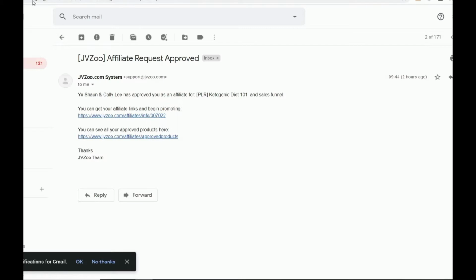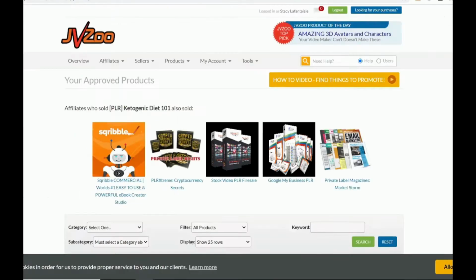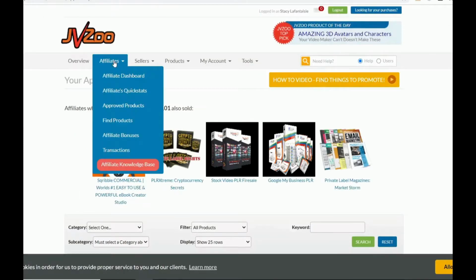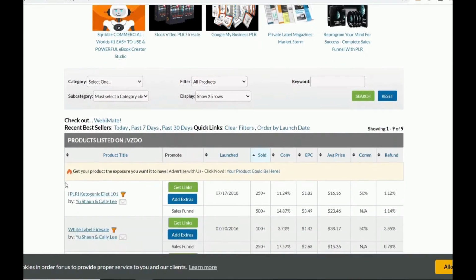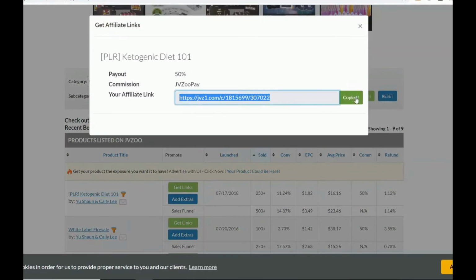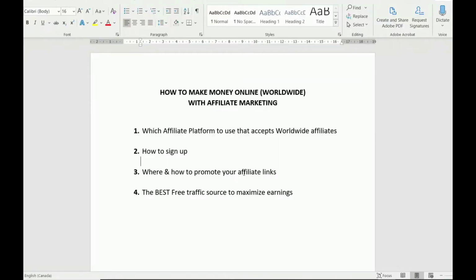You've got your affiliate link here. It says here, you can get your affiliate link here. So once you get there, go to find products, approved products, and then this is the product that you're going to promote. Click on the green button, get link. Once you get this link, copy this link. Okay, you may want to put it somewhere safe,